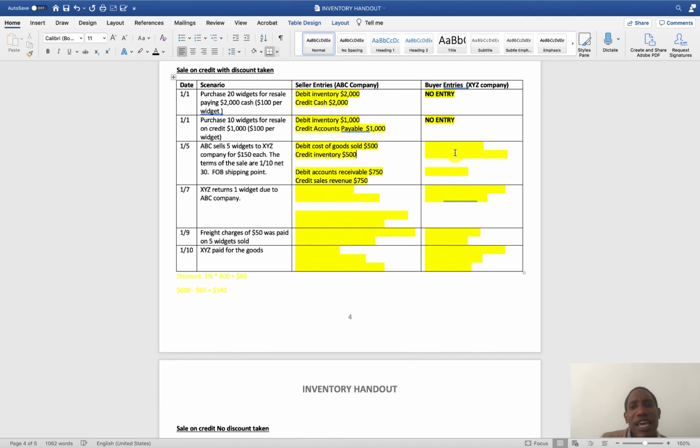Now, what is XYZ going to do? XYZ purchased these items. Did XYZ purchase these items for $500? They did not purchase it for $500 because they purchased it from ABC for how much? $750. So anyway, XYZ is purchasing these items from ABC. So how much is XYZ going to purchase it for? It's going to purchase it for $750. So you will see the selling price for ABC becomes the cost price for XYZ. So the inventory cost price for XYZ is actually the selling price for ABC, and that makes sense,